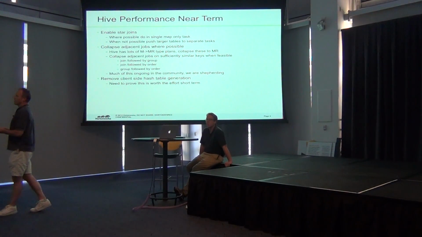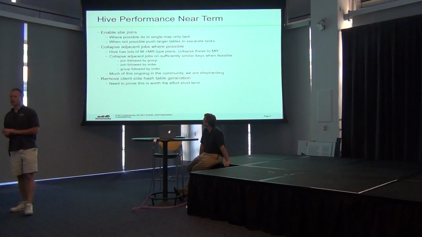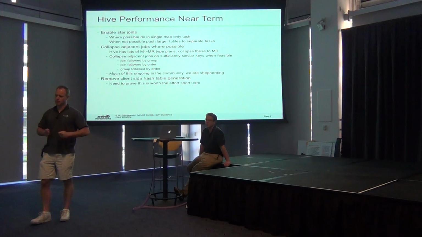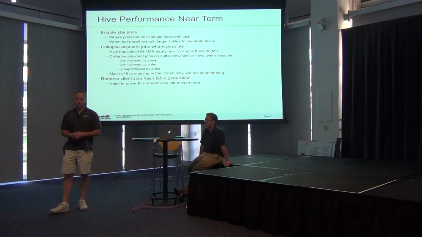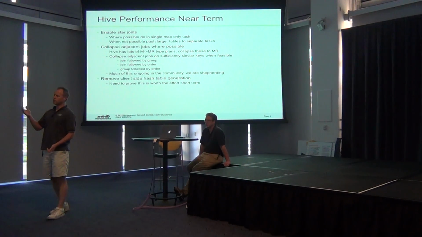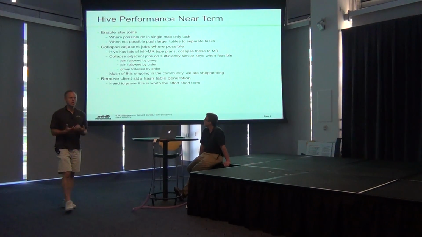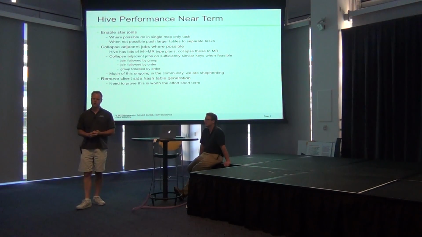But when you tell users that, you say, well, just denormalize all your data, that doesn't actually work either, because it turns out that all their other systems do work really well with that. So they end up spending a lot of time pulling their data into Hadoop, denormalizing it, doing a few Hadoop things, and then renormalizing it and shoving it back out. Right? I've seen workflows where people are spending 75% of their time translating between normalized and denormalized just so they can make the data flow back and forth between Hadoop and whatever other systems they're using. That's not really cool. Right? So we need to make star joins work in Hadoop.